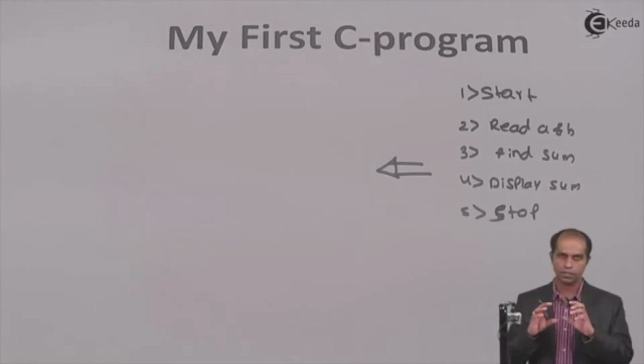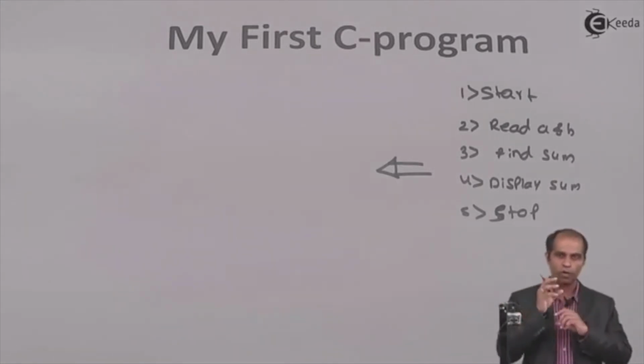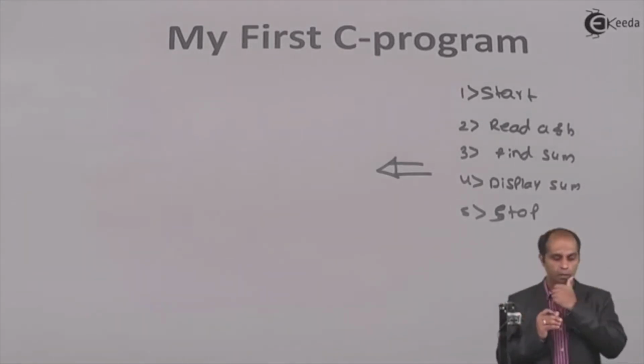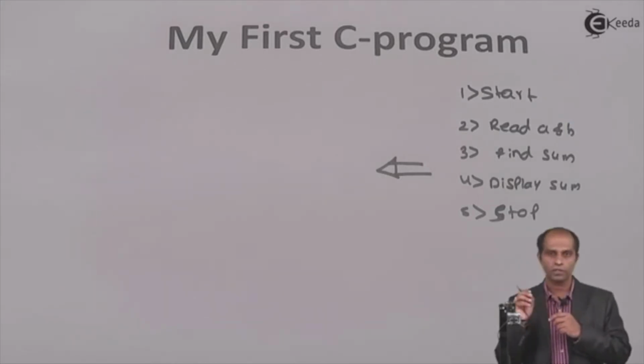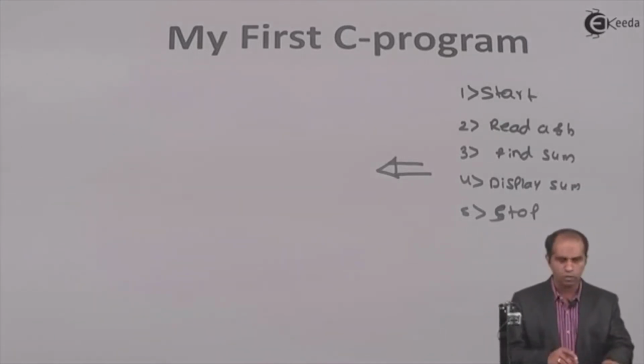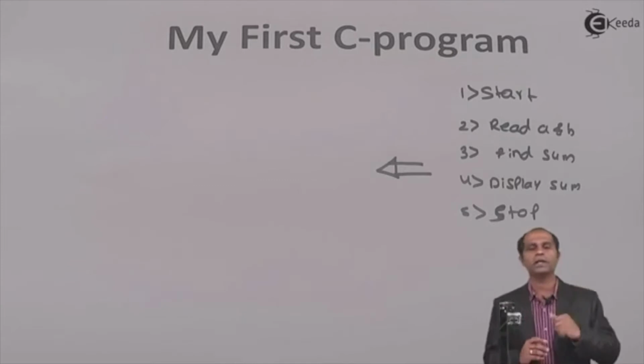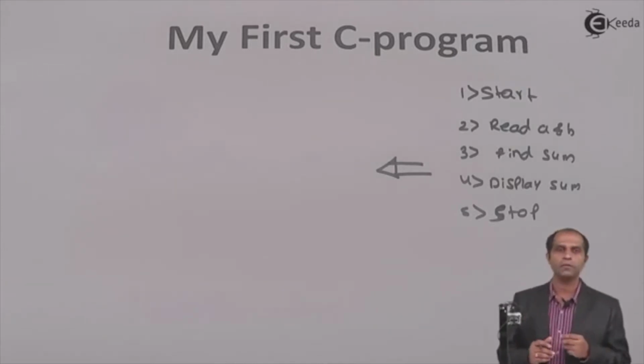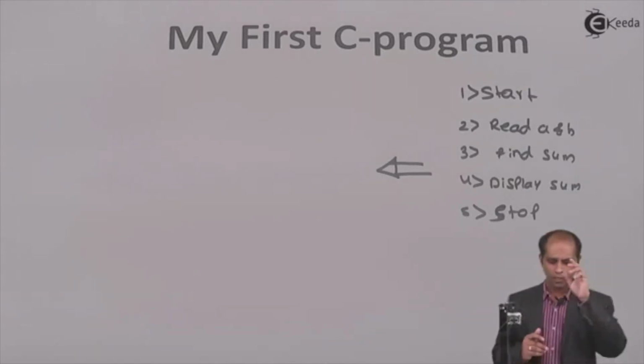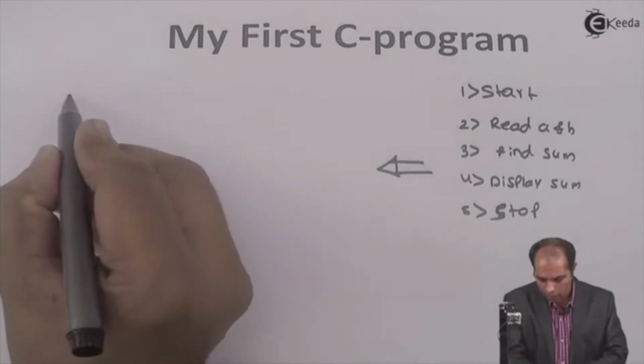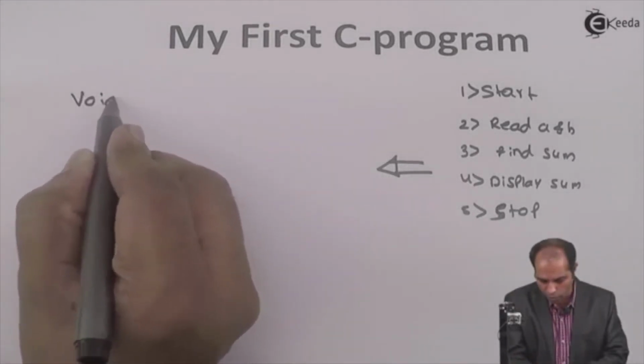Now, let's try and translate this algorithm to a C program as per the structure we described. We described the structure as a combination of header block and action block. A header block will have, say, first an include instruction which says stdio.h or math.h. Why do I do that? Let's first avoid writing this header block instruction and start with main. Let's put the action for our C program. Let me put this action, void main.